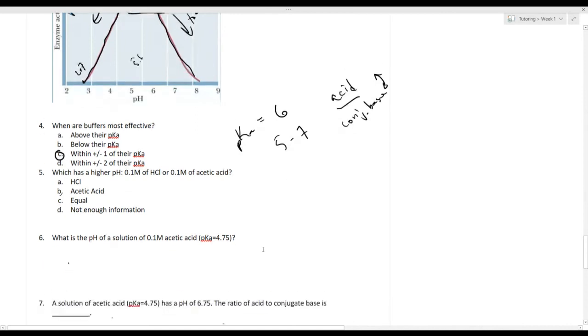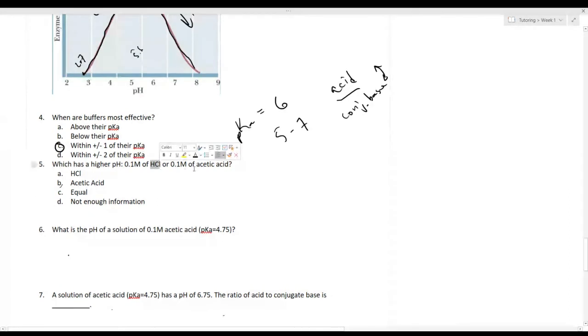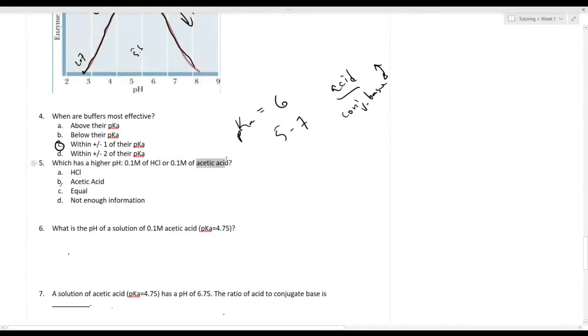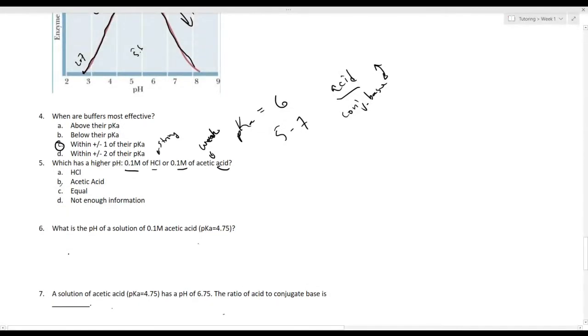Okay. Number 5, which has a higher pH, 0.1 molar of HCl or 0.1 molar of acetic acid. So we've got the same concentrations. We know that this is an acid and HCl is hydrochloric acid, so we're dealing with acids in both cases. So they're equal, right? Not equal. And the reason they're not equal is because this is a strong acid and this is a weak acid. So the basic definition of strong and weak acids, just again, more revision from Gen Chem 1, is